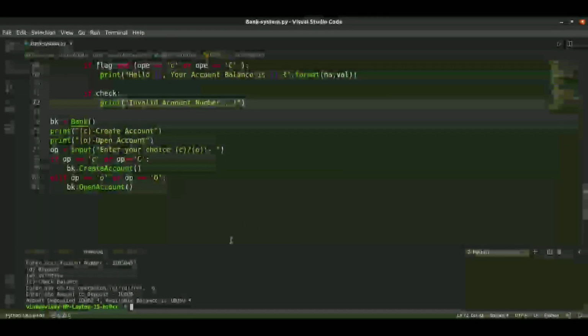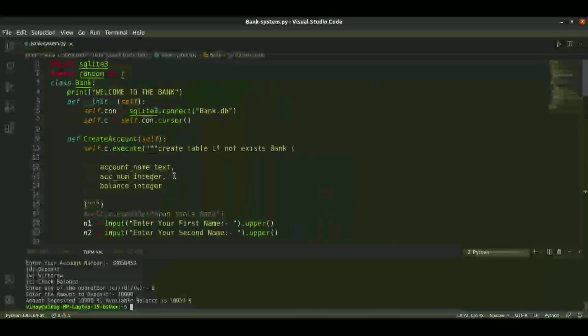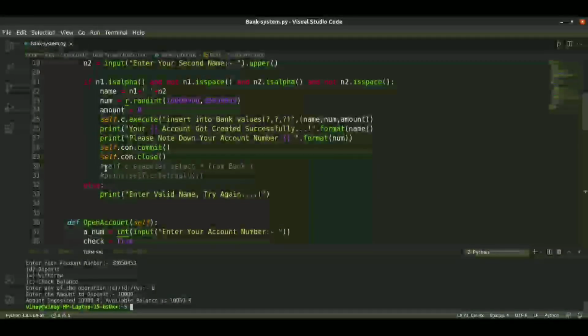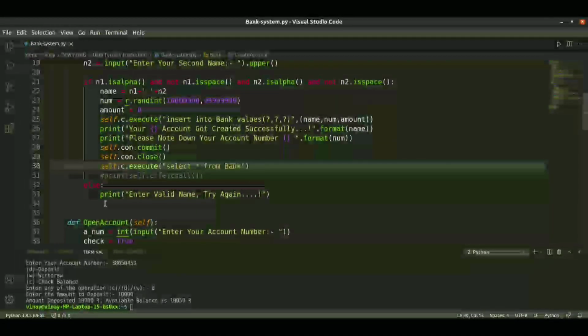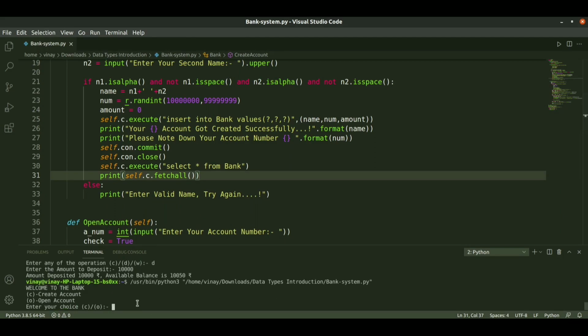And if we want to see the database behind this, I will uncomment this where we created it here. Now when we run it, I will create another account.